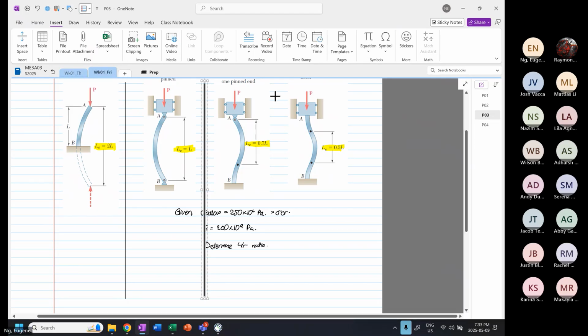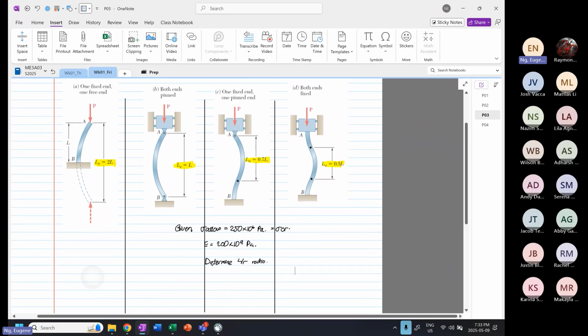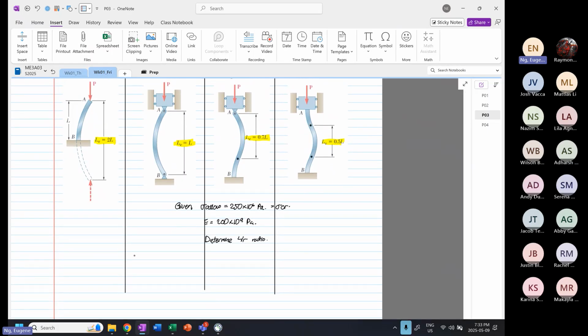We are going to calculate the L over R ratio for both ends pinned. So I'm going to put LE over R, and for the first one this will be equal to the square root of pi squared E divided by stress critical. Okay, so this will be